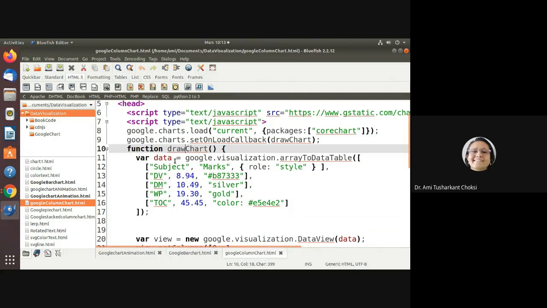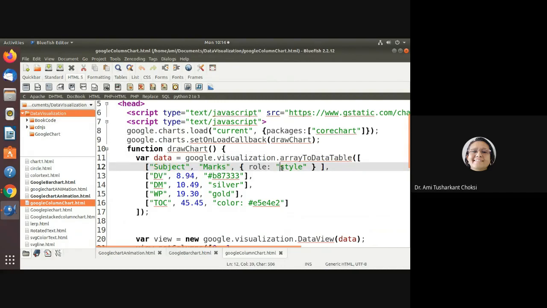That is a variable data. As you know, in JavaScript we have variable data is equal to google.visualization.arrayToDataTable. Now here we are specifying the column names and whatever data is there. So for that we can say subject, then marks, and then this style.